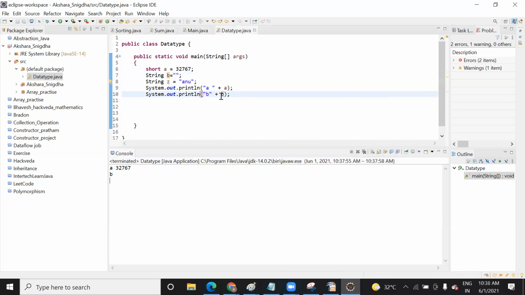So it is printing the b itself. When we do not initialize any value here inside this double quote, it is still printing b. Why? One minute, let me check. It's printing b because you have put in the quotes name, double colon b. And then you are concatenating it with b, which is zero, so it's just printing.